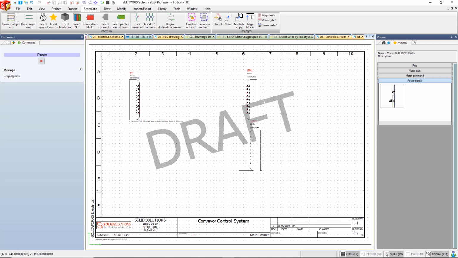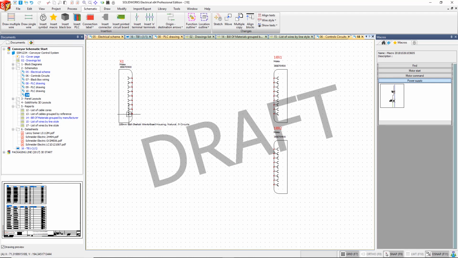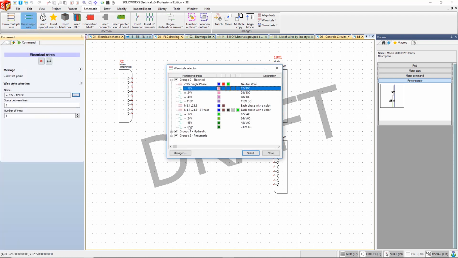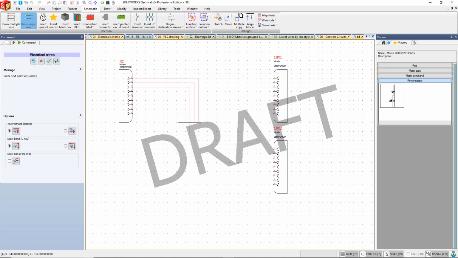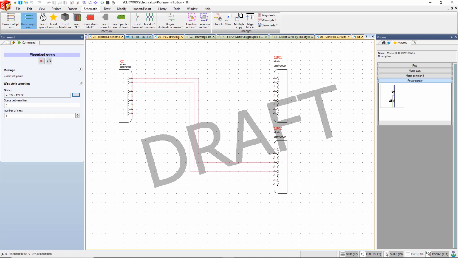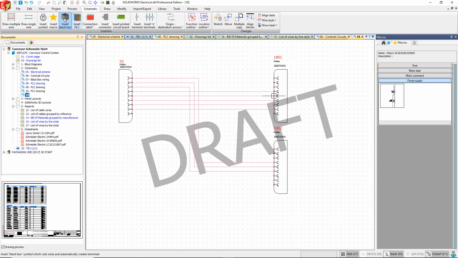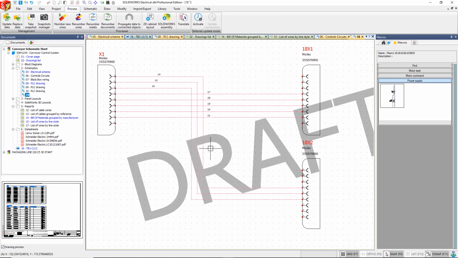Copy and paste again. So let's just do a simple loom here. So it's not just cabinet design we can do within the package. We can also generate designs for looms as well. If I now connect this with some wires, let's just pick one of my standard wire styles. Choose the number of wires that you want. And I can very easily just connect them up between the two. Like so. And again, numbering. So the drawing process is really quick and easy. It's very simple to produce looms like this within SolidWorks Electrical.